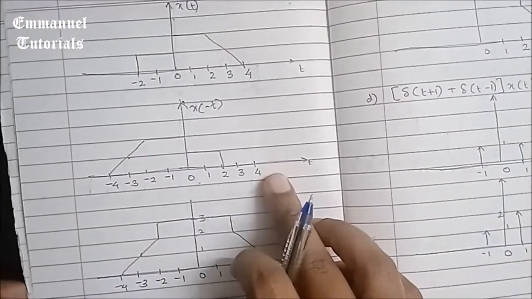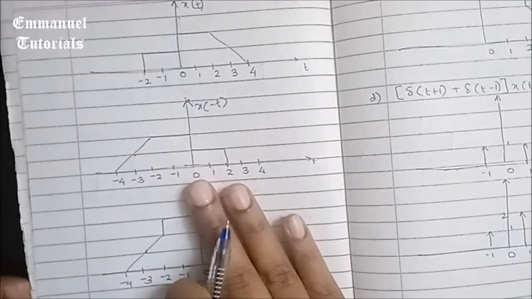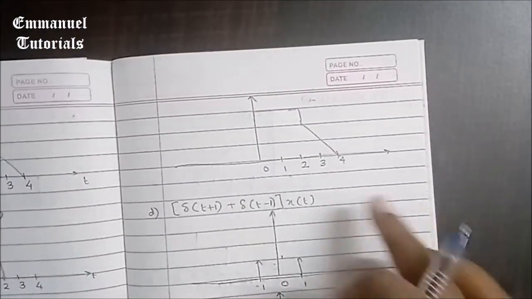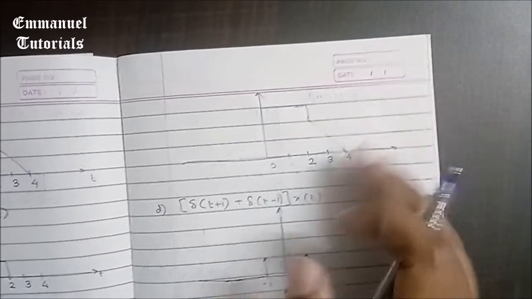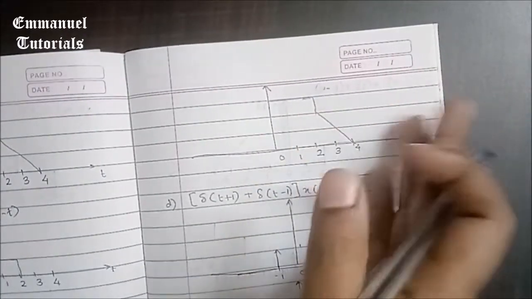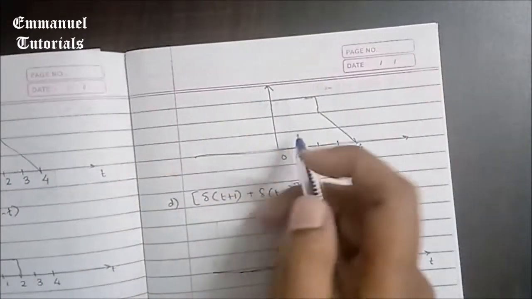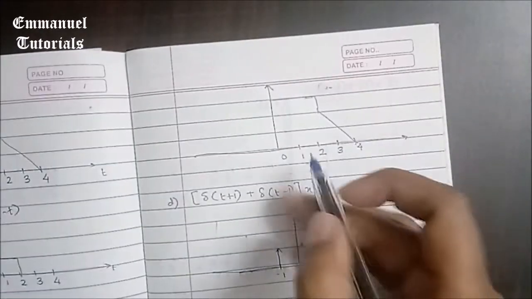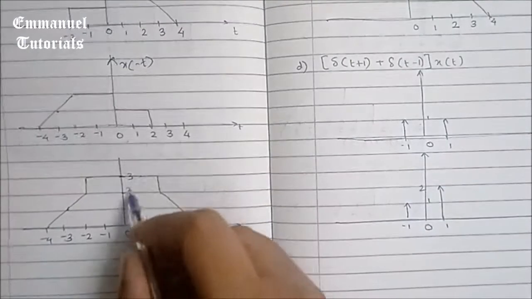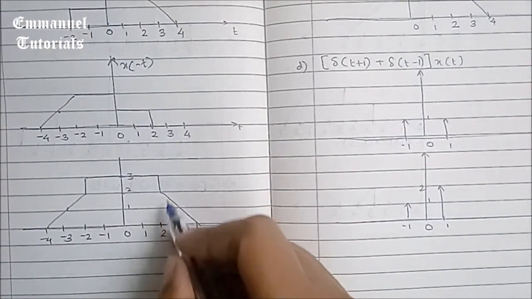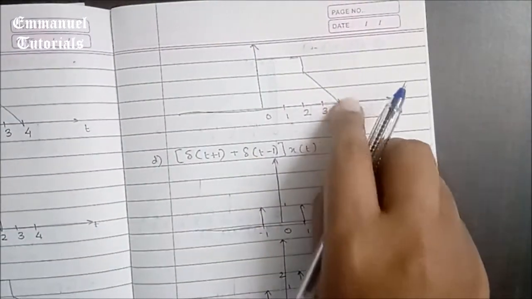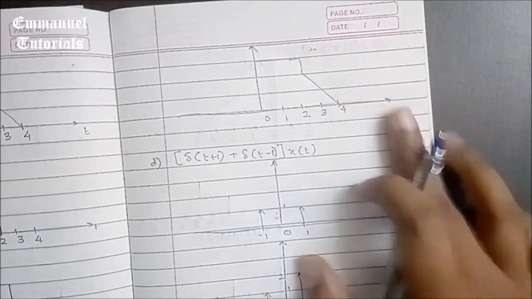Now the next point. We have finished adding both the signals. Now we are going to multiply it by u of t. Multiplying by u of t means multiplying by the unit step. And when you multiply any signal by the unit step, it is going to become causal and start from 0, and the signal before that is going to get eliminated. So only the right-hand part, the signal after 0 to the right-hand side, is going to be present in the resultant signal. So this is our